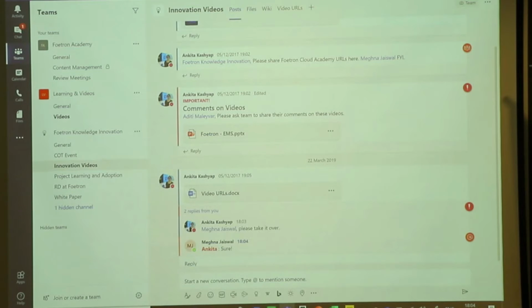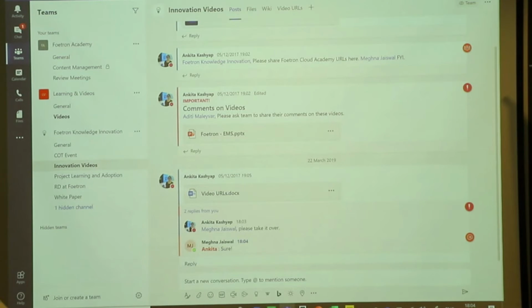And after this, if she doesn't respond, like right now she responded, let's say if she doesn't respond in 2 days, I would simply go after 2 days and tag her again that I have not seen any update. And if somebody wants to deny it, they would still deny it. Then the next option is getting them a meeting with the HR.